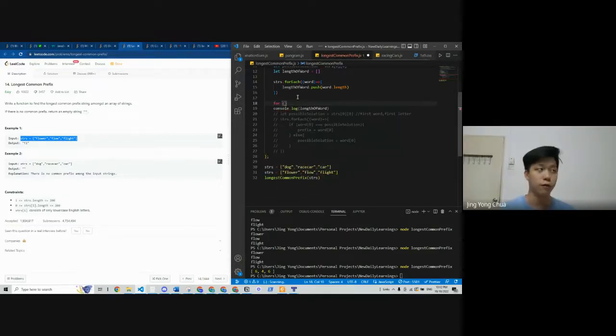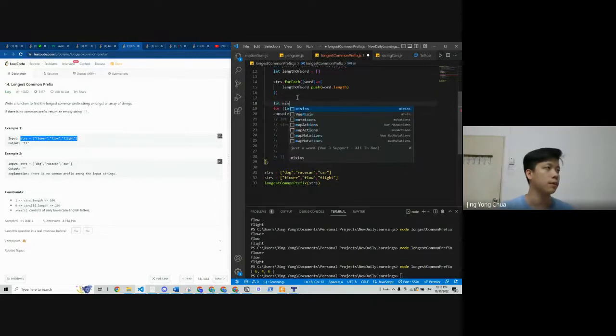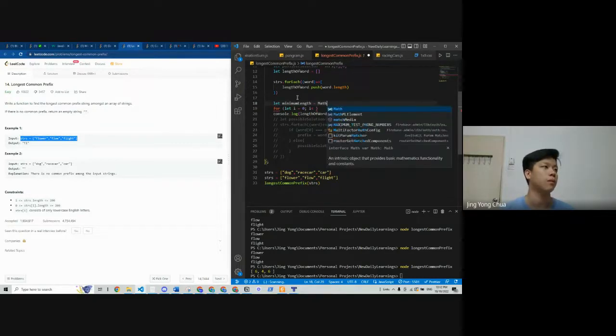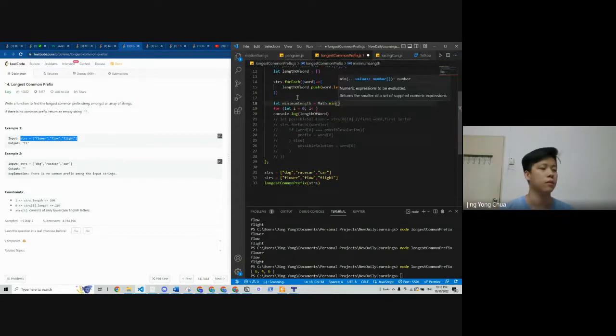So that means I need to do a for loop. Let i equal to 0, and i must be less than the minimum length. You need to use a split operator, right?